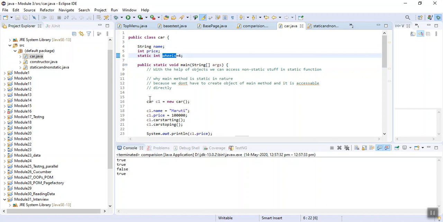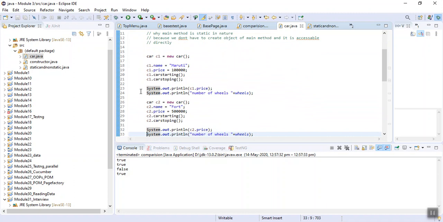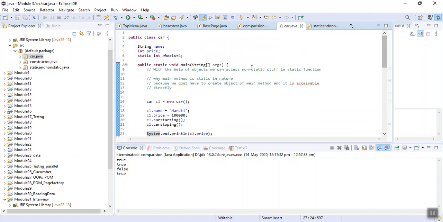I have created the object of Car. Car can have its own name and price, but wheels will be common to all the objects. This is the second object I have created, its name is Ford, and its price is there. But wheels will be common to all the cars. We will have the common value 4 for all the wheels.